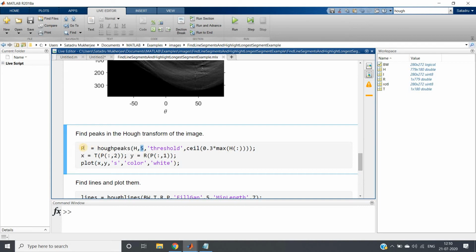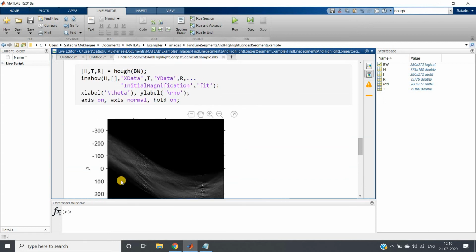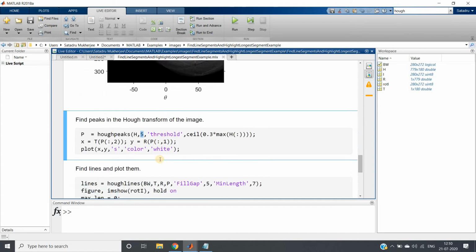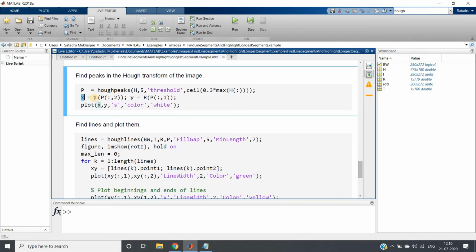Now what will P give me? P will give me row and column values. Now I want to plot those peaks on this particular image, so first I will extract the rows and columns. Very simple: x equals T of P(:,2), very important, and y equals R of P(:,1).